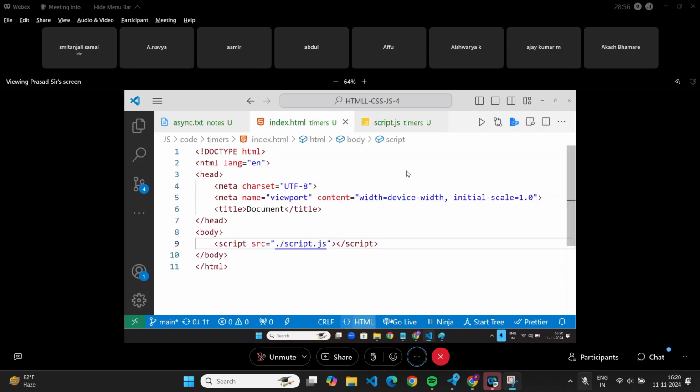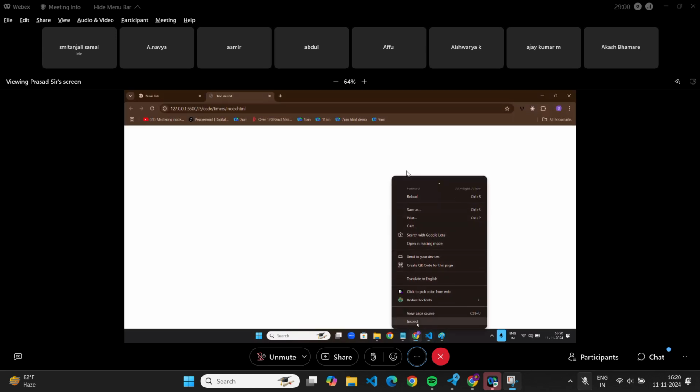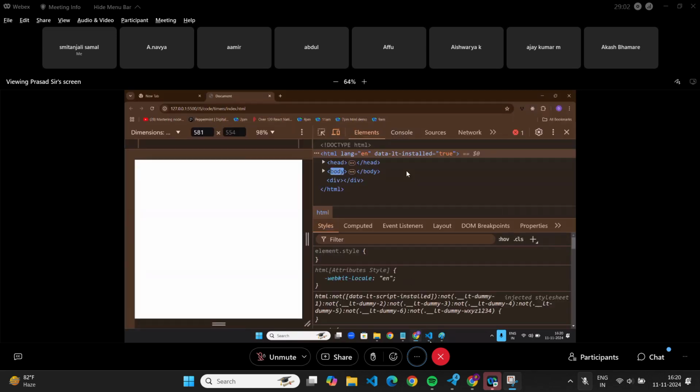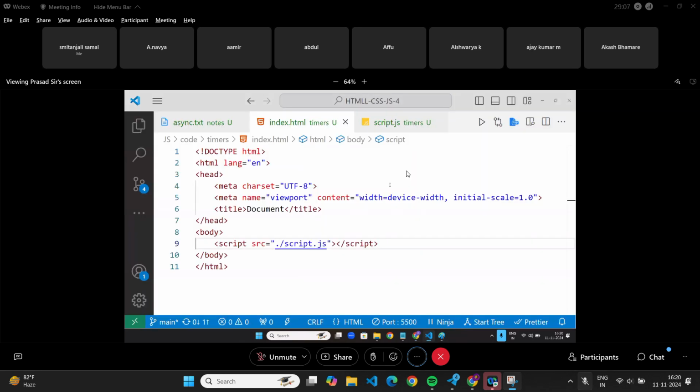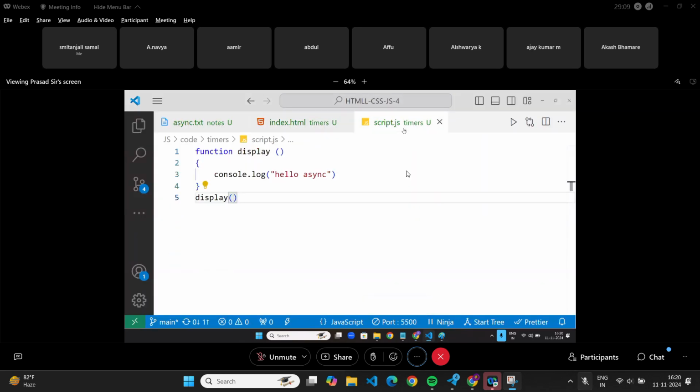Now if I call display, let me call this function, go live, right click, console. Everyone, if I run this, what will it print on the screen? Hello sync.